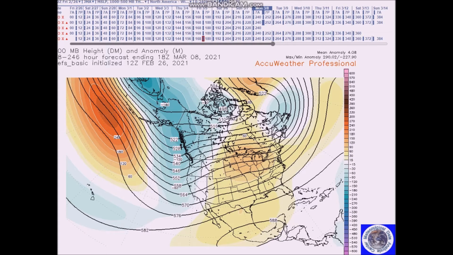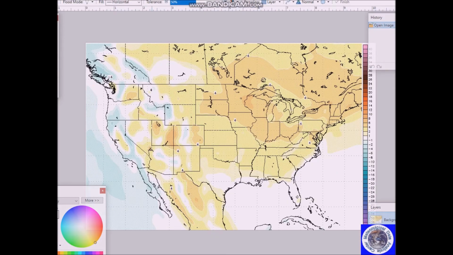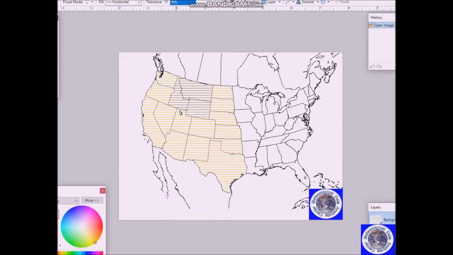Later on, we have time to fix that if I see the need. So for this forecast period, I am forecasting below normal temperatures along the west coast, with the anomalies near 2 degrees below normal. Above normal temperatures forecast for the remainder of the nation, with anomalies of 2 to 4 degrees above normal. And for precipitation, calling for below normal precipitation for much of this region here. Probability of occurrence is 35 to 40%.